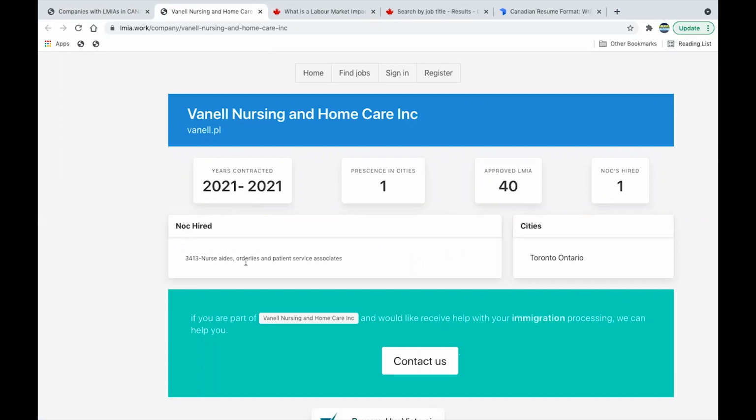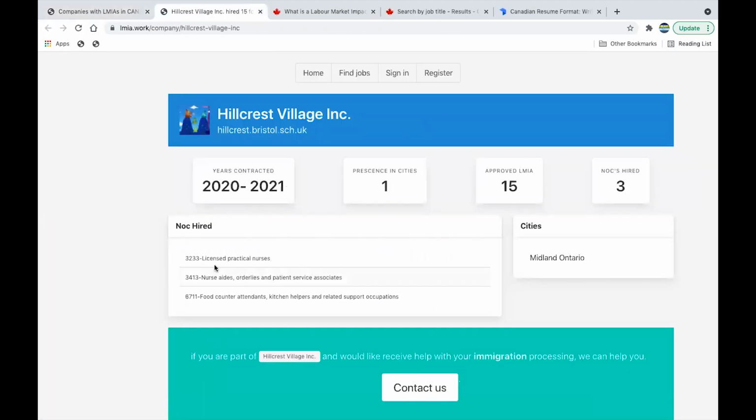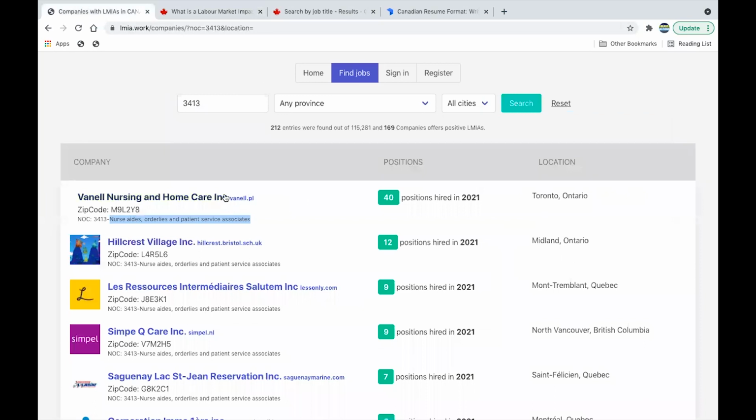The NOC codes they've hired. If you perform the same tasks for the other companies like this one, they've hired people in licensed practical nurses, and it tells you the NOC code, nurses aides, food counter attendants, kitchen helpers, and related support occupations. And it tells you the NOC code. Now that you have this information, what you can do is apply to this company, because this company already, they've proven that they are hiring people